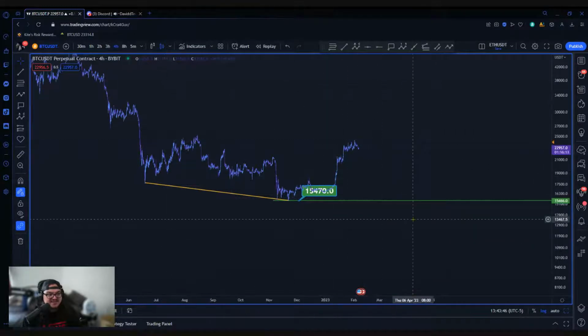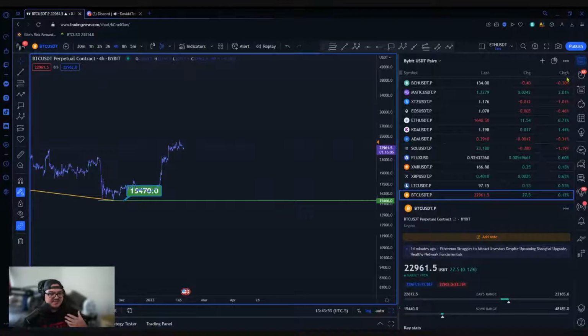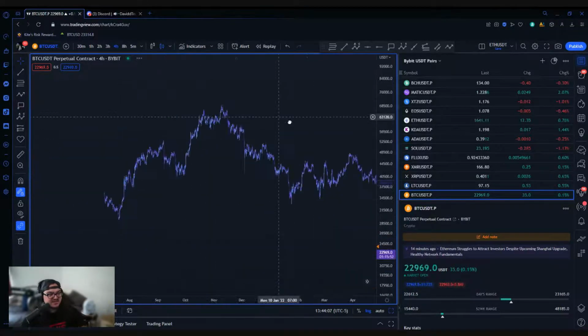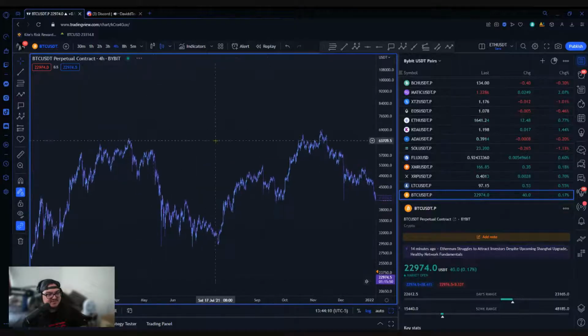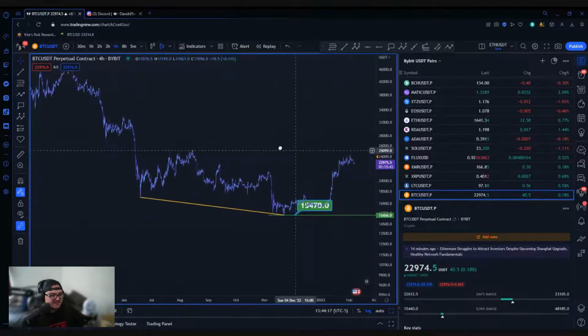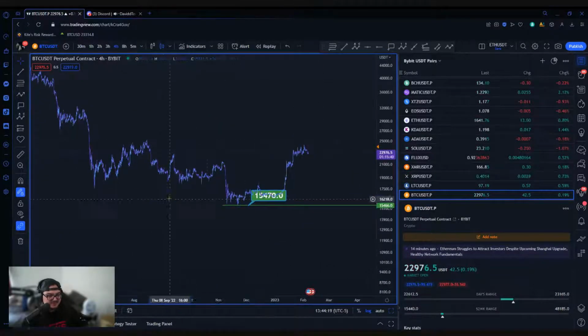Or maybe if we do come back down and put in a lower low, we'll just never touch 10K because everyone is expecting that level. It's the same thing with how people view recessions and times of distress, or even times of higher price action, times of euphoria. People overexaggerate things. When we broke that previous high on the BTC top, everyone thought 100K, 100K, 100K. Nope, you get an ABC with a reversal, and that was it.